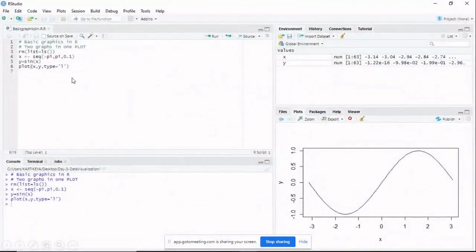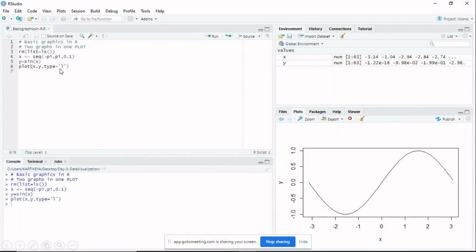Now, another simple plot we can draw in R. All these graphs which we have done are using the base setup of R. We are not installing any special packages, so we are using the base package of R. This one we have already worked out. It is a very simple command to create a sequence. A sequence can be created as x is assigned the sequence from minus pi to pi with an increment of 0.1. y is equal to sine of x. plot(x, y, type = "l"). So it will plot your sine wave like this.